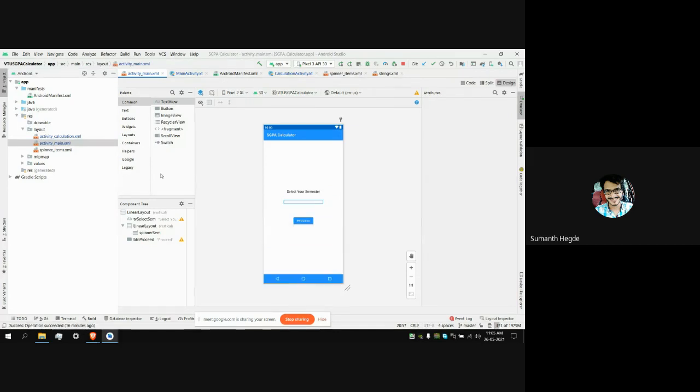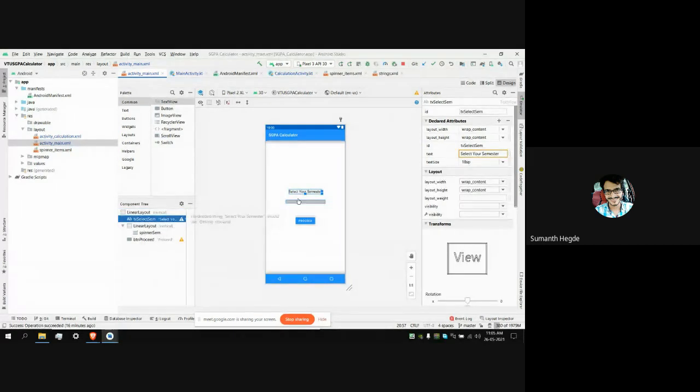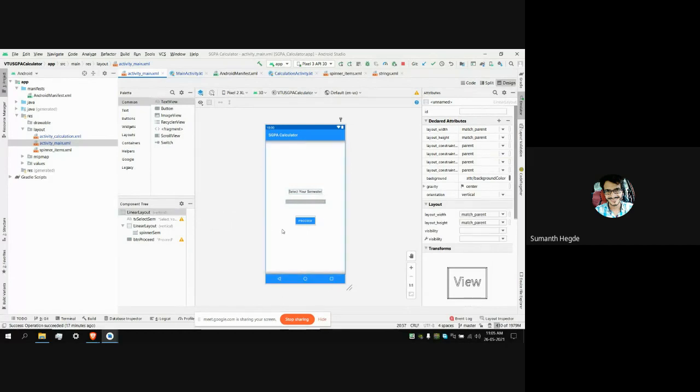Here we have the activity_main.xml file. It's the home screen for this app. In this, the user will be prompted to select the semester. As you can see, I am using a linear layout as the root element. Inside that, we have a text view called tv_select_sem, in which I'm displaying a message like select your semester to the user.